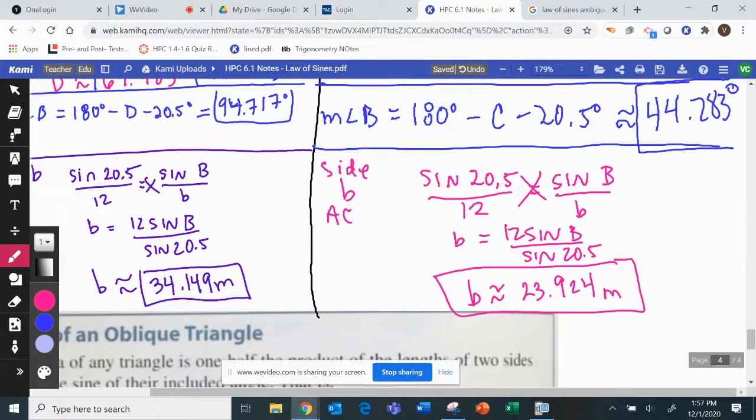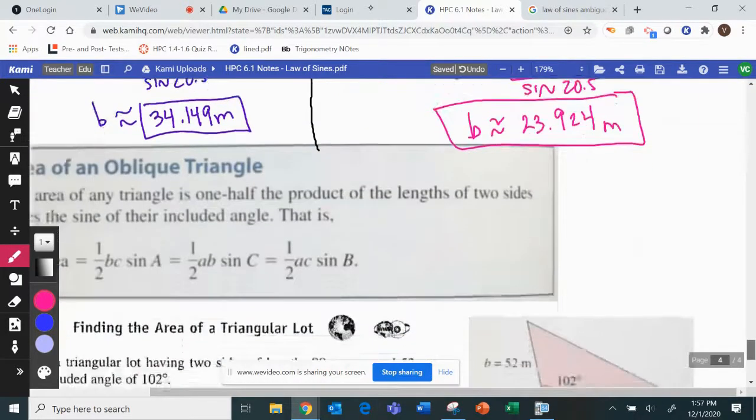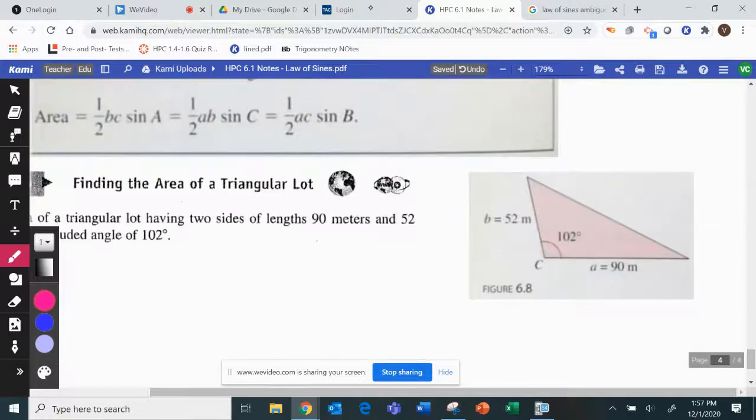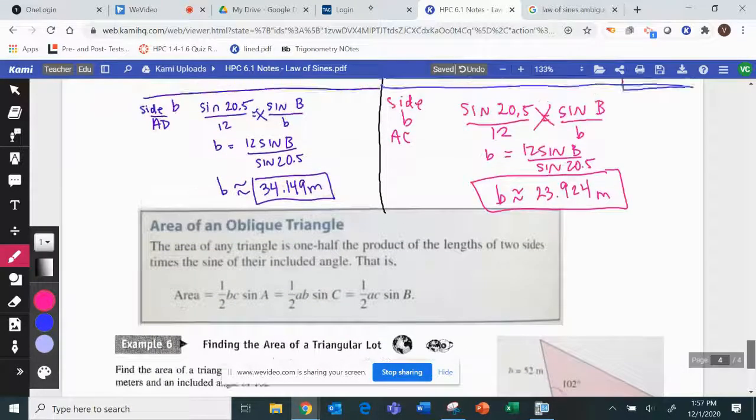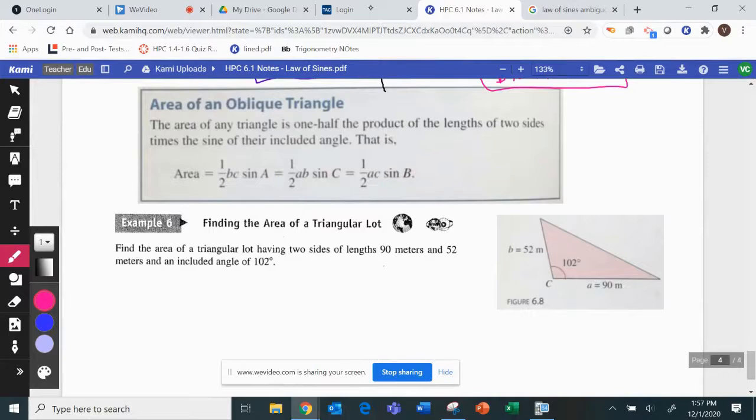All right, the very last part of this section, by the way, law of sines was way longer than law of cosines, just so you know, if you're thinking like, oh, we have to do another section still. Yeah, but this was way longer. The last part of this section is how to find the area of a not right triangle. You do not have to find the height and the base. If you have side angle side,